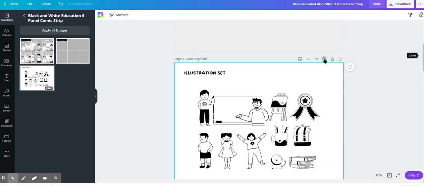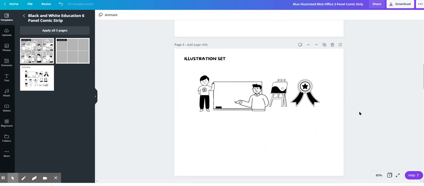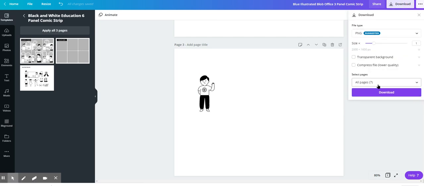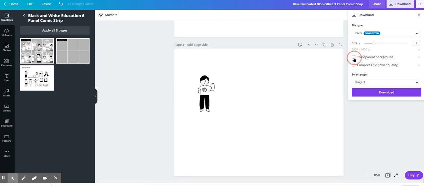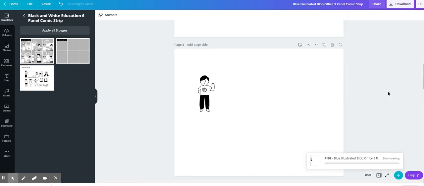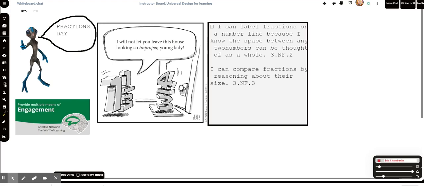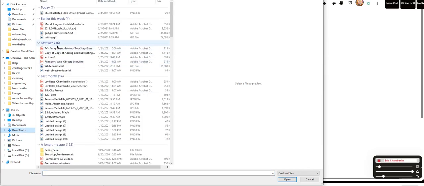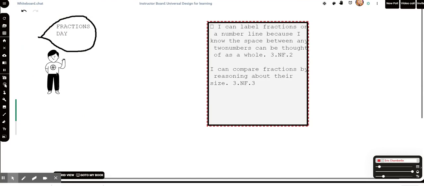So I could, if I wanted to, create a new page, and let's say I only want the boy in front. I just want the boy. If I delete everything here and download, I only want to download page 3. And if I create a PNG with a transparent background and download that, and if I go back over here to Whiteboard Chat and upload from computer, go to downloads, then my little boy that I just found over there in Canva